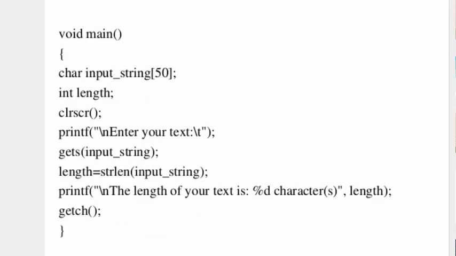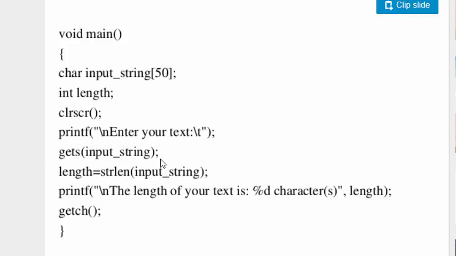But if we use the string handling function, we can reduce the time and number of instructions to do the same. So here we have the inbuilt function strlen, which finds the length of a particular string. Here my input string is of size 50, length is the counting variable, and firstly I have inputted the string.